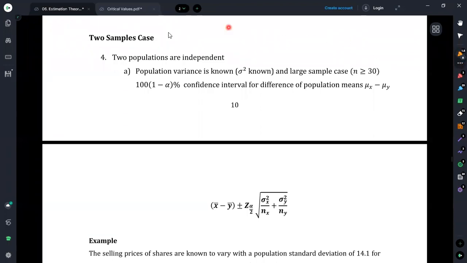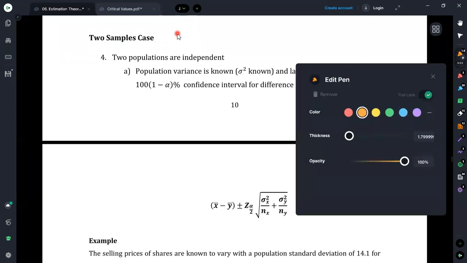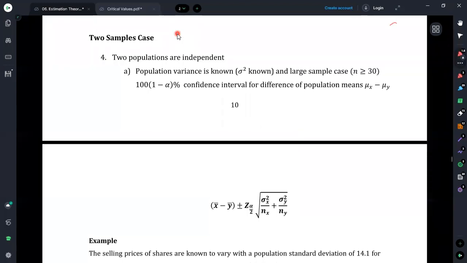Now we will discuss the scenarios associated with constructing the confidence interval for two sample cases. So far, what we have discussed was, if we have only one sample, how to construct the confidence interval for a single sample. We had the sample as x of 1. Now we are going to have two samples. Suppose one sample is X and the next sample is Y. We are constructing the confidence intervals to compare these two samples.